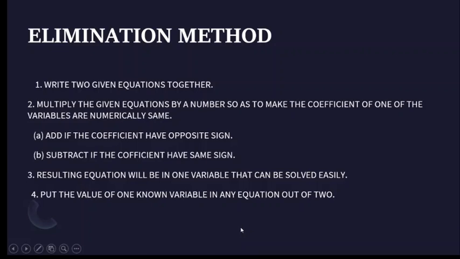So, the method itself, as its name indicates, is the elimination method. Elimination means we have to remove something. Elimination means removal. So here we have to remove either x or y, any one of the terms from the equations. In both equations we remove it as per the availability of the coefficients, and that is for ease of calculation.